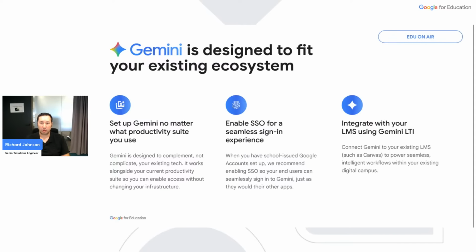Now, accessing with your other identity platform is either OIDC or SAML. Obviously, OIDC is a little bit easier, but that automatically gives you an account that you can sign in with that gives you those enterprise-grade data protections. And we want to meet you where you're at. So embedding generative AI into your core learning environments, such as your LMS, is going to help you scale personalized tutoring or instructional support without leaving your existing platforms or your systems.